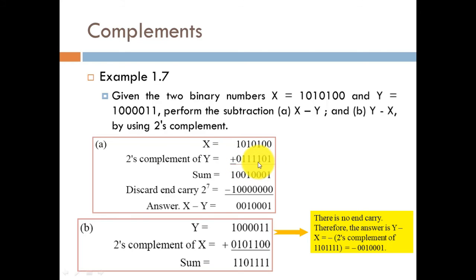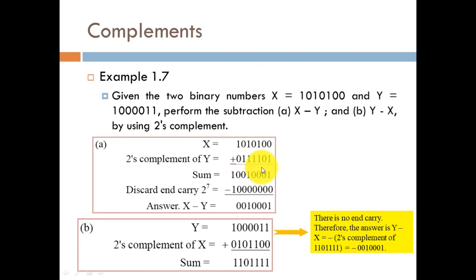Either you can first convert it into 1's complement and then add 1, or in the second method you find the first 1 from the right side, and after that you flip the digits: the 1 stays as it is, and all the digits to its left get flipped, 0 replaced with 1 and 1 replaced with 0. This basically represents the 2's complement of Y.